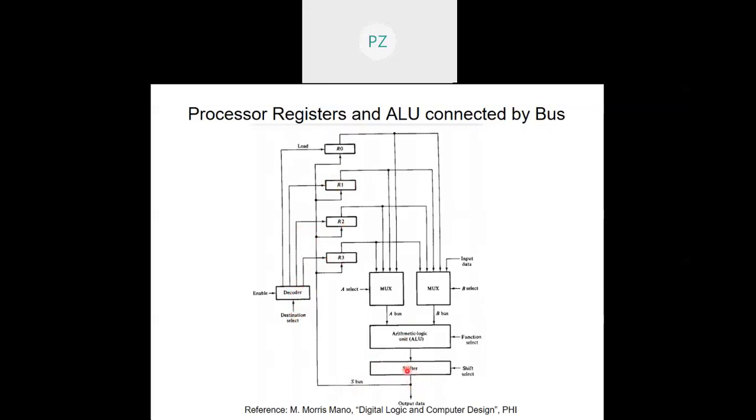Again, suppose I don't want to do any shift, so I should also have a no shift operation here, so that just the ALU output gets stored without any shifting. Similarly, suppose I just want to do shifting with no ALU function, then the transfer should be available, so that A is transferred without any alteration as far as the ALU function is concerned. So all this may be possible in this block diagram depending on the A select, B select, destination select, function select for the ALU, and shift select for the shifter. They are basically forming the control lines for this processor registers and ALU connected by bus.